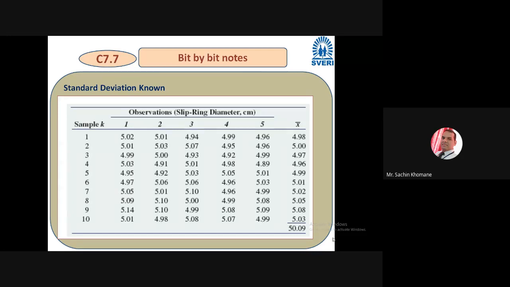So take half a minute because you should know all the steps. So in industry definitely you have to do this task for various products. So I have given the slip ring diameter. Okay. So you people have to write the readings. Only 10 readings and 5 sample lots you can say you have taken. So write it fast and then you have to calculate the X bar. You can say mean, arithmetic mean.